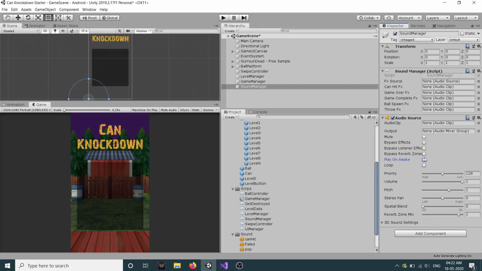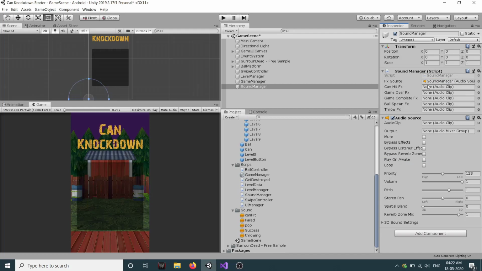So just deselect it, drag our audio source to our fx source. Then we need our references to audio clips. So one is for can hit, one is for game over, one is for game complete, one is for throwing, and one is for ball spawn.